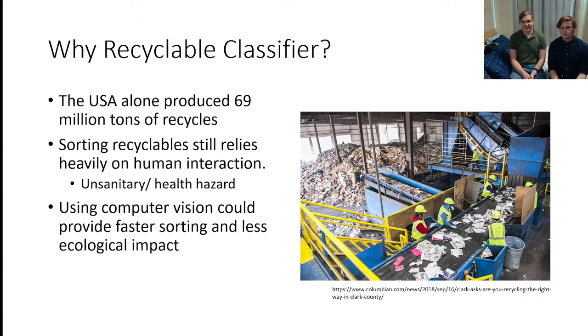So why is the recyclable classifier important? The EPA put out a study in 2018 that showed that the USA alone produced 69 million tons of recyclables. And sorting recyclables is still a very human interaction-based task, and it's unsanitary. You can see in the image on the right that they're sorting on a conveyor belt, and we figured that this task could be automated using computer vision, which could provide faster sorting and eliminate the ecological impact